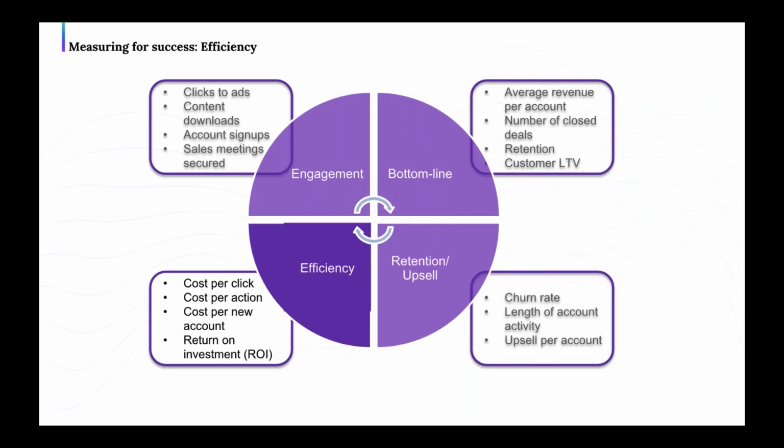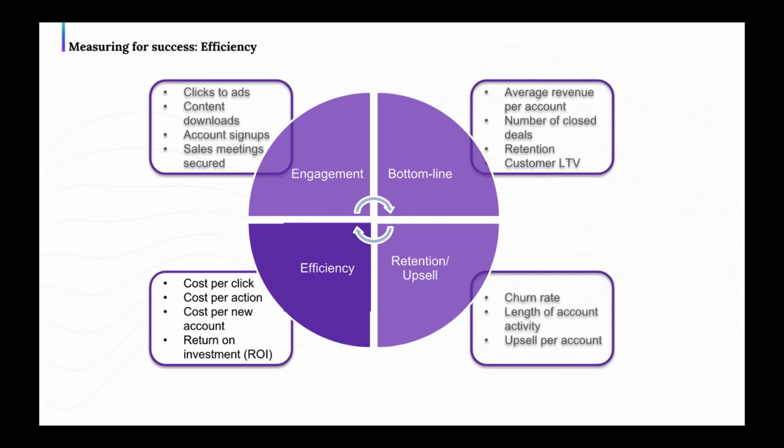We have efficiency here too. These metrics are aiming to help marketers understand whether or not the money they're putting behind their campaigns is being used efficiently. So what you want to look at here is essentially the costs per action taken on a lot of these different things. So it'll be the cost you're spending per new account or new sale made, the cost per action taken, which could be filling out a lead form or giving your email,